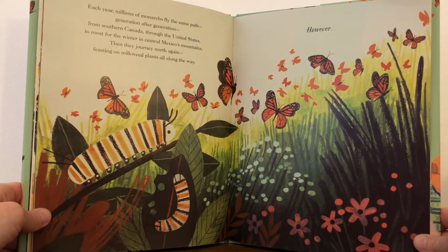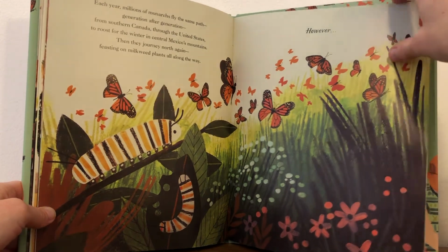Each year, millions of monarchs fly the same path, generation after generation, from southern Canada through the United States to roost for the winter in central Mexico's mountains. Then they journey north again, feasting on milkweed plants all along the way. However,